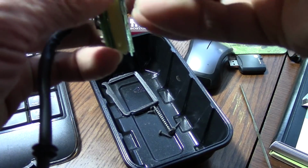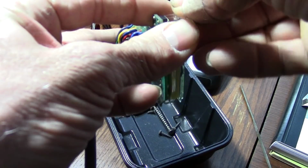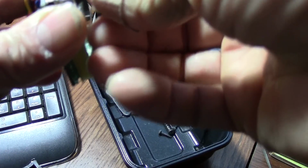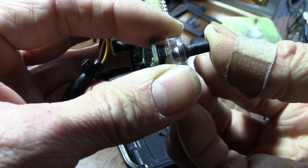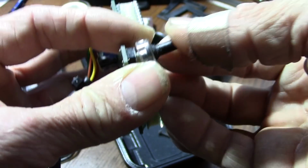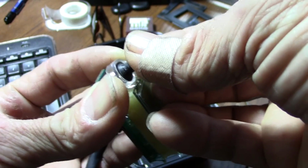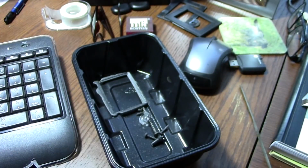Bear with me here, this is hard to hold all this together all at once, but I want you to see how this works. There's the button, there's everything right there, and when you push the button down far enough it works the switch, and that circular part is what seals the water. So what I had to do was